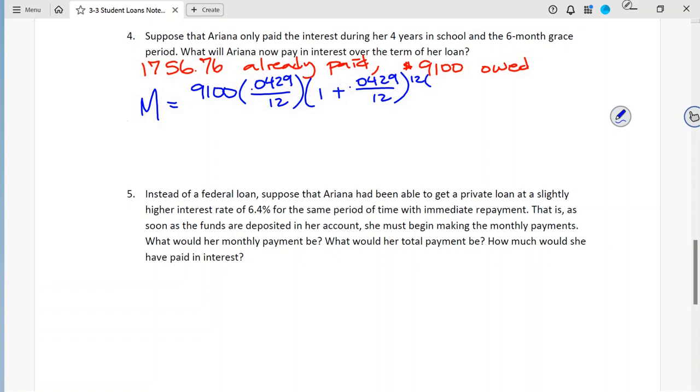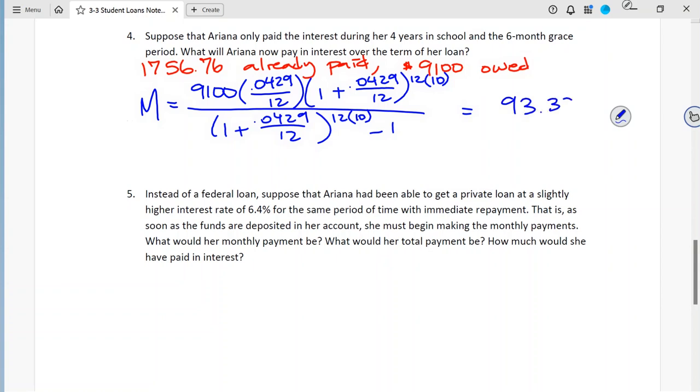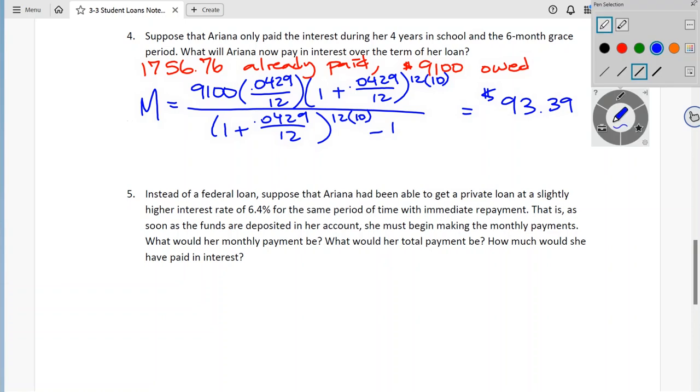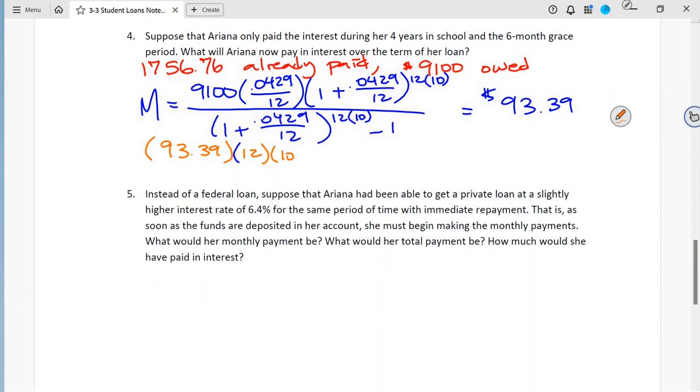And just like before, it's a 10-year loan, so she has 10 years to pay it back, okay? All over 1 plus 0.0429 over 12, to the power of 12 times t, where t is 10, minus 1, that's sneaky, minus 1, and that's equal to $93.39. So she's paying only $93 every single month for 10 years instead of the $111. And so the amount that she's paying is $93.39 every month for 10 years. And so she pays a total of